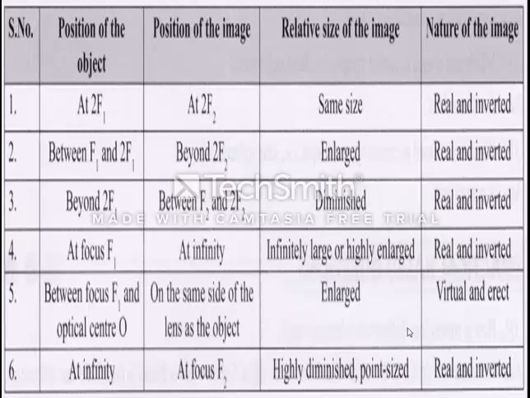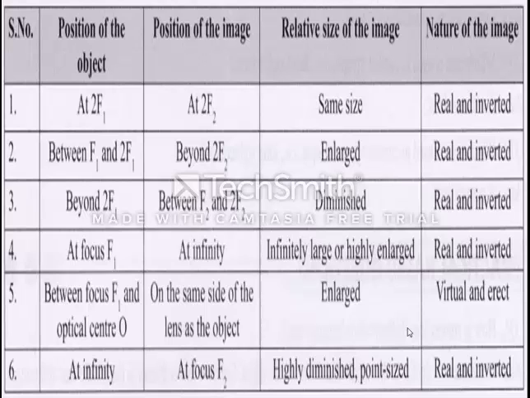If the mirror or lens is diverging, always the image will be virtual, and always the size of the image in that case will be smaller than the object. When we are talking about a diverging mirror or diverging lens, the image formed will be virtual and erect, because the mirror is diverging, so it seems to move through focus. So the image is always virtual and erect in a diverging mirror or diverging lens, and it is always smaller than the object.